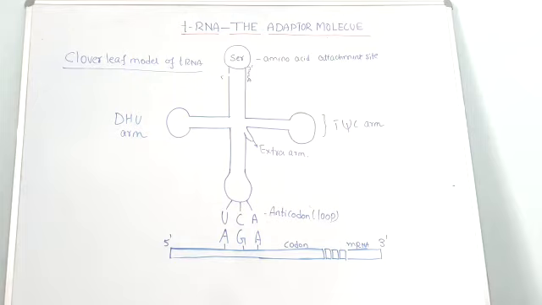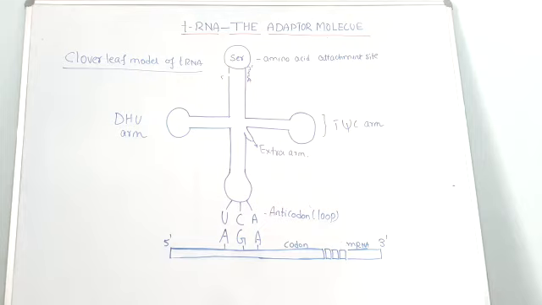Next, there is an amino acid binding site, to which the amino acid is attached. For example, serine is one example. Similarly, phenylalanine, tyrosine. Any amino acid among the 20 amino acids can be bound here. So this is the site where the amino acid is going to bind during translation. At the CCA end, the amino acid is going to bind.